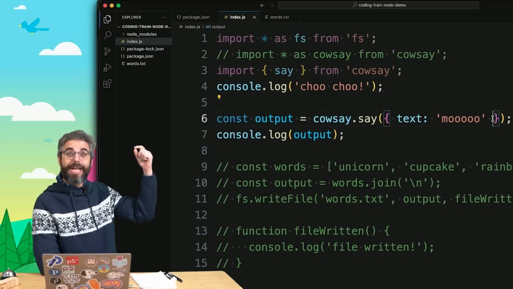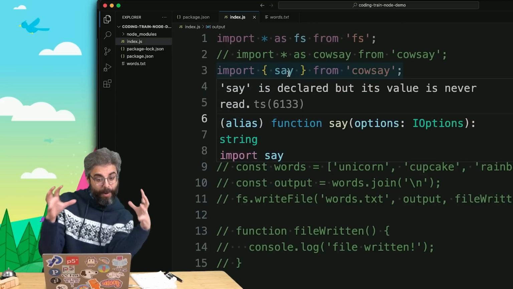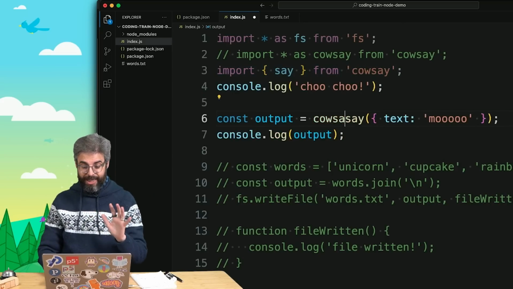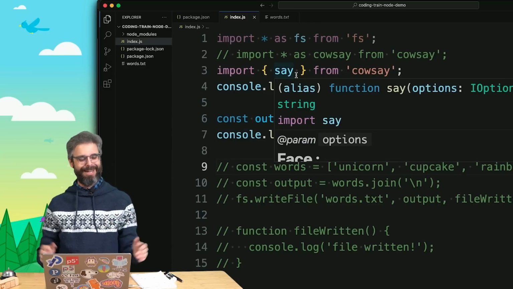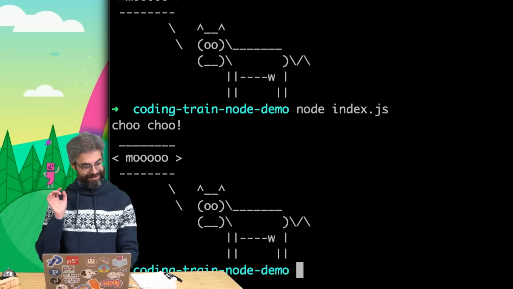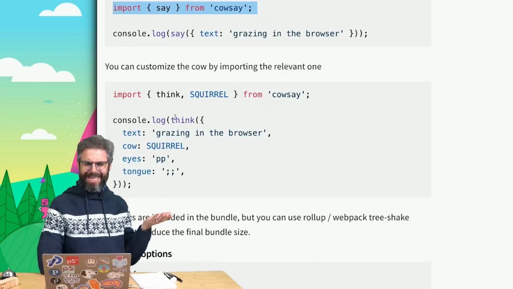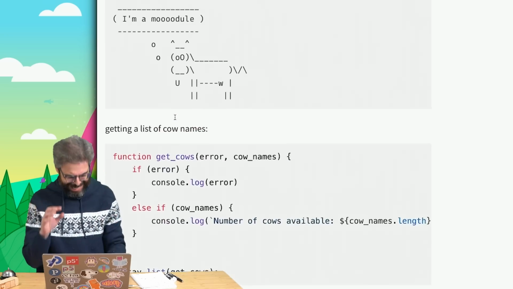So instead of importing everything, I can import the things I want in between curly brackets from the particular Node package. And now I don't need this anymore. I can just call the function say that I imported from cowsay. Still works. Apparently, there's other things like think and squirrel that I can import,